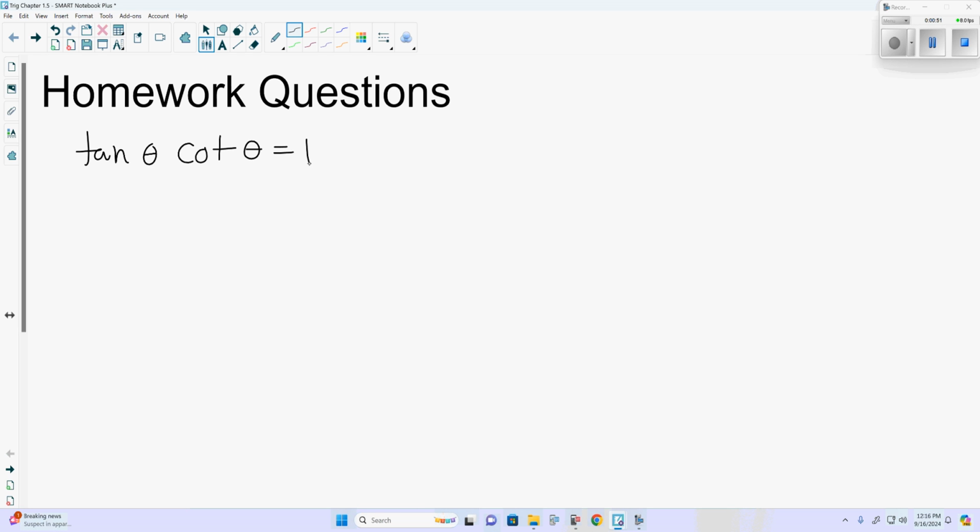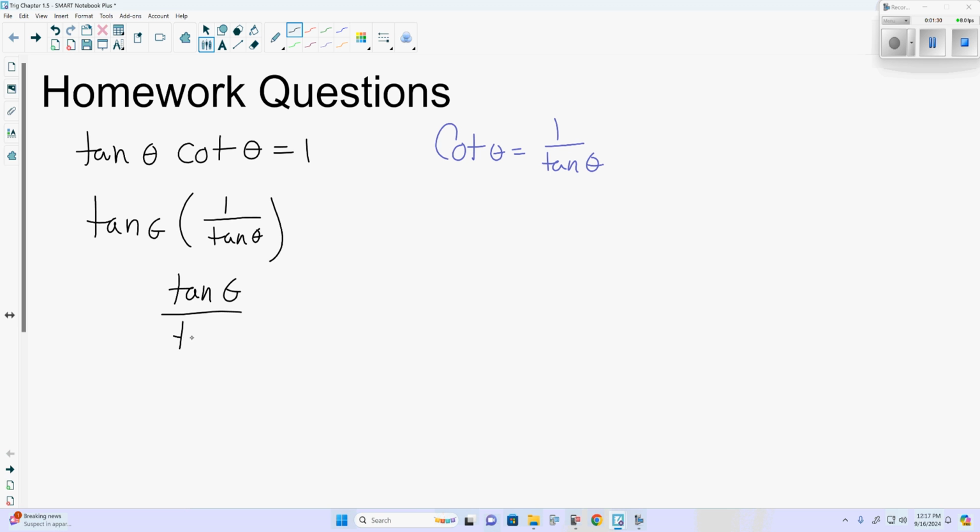Use the trigonometric identities to transform the left side of the equation to the right. So we want to show that tangent of theta times cotangent of theta is equal to 1. Well, one of our identities is that cotangent of theta is equal to 1 over tangent. That's helpful because I can replace cotangent with 1 over tangent. And tangent times 1 over tangent is tangent of theta over